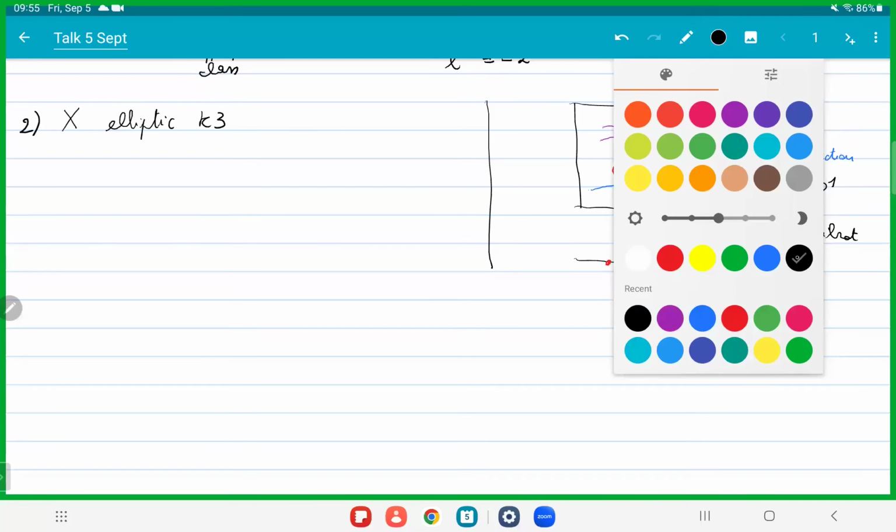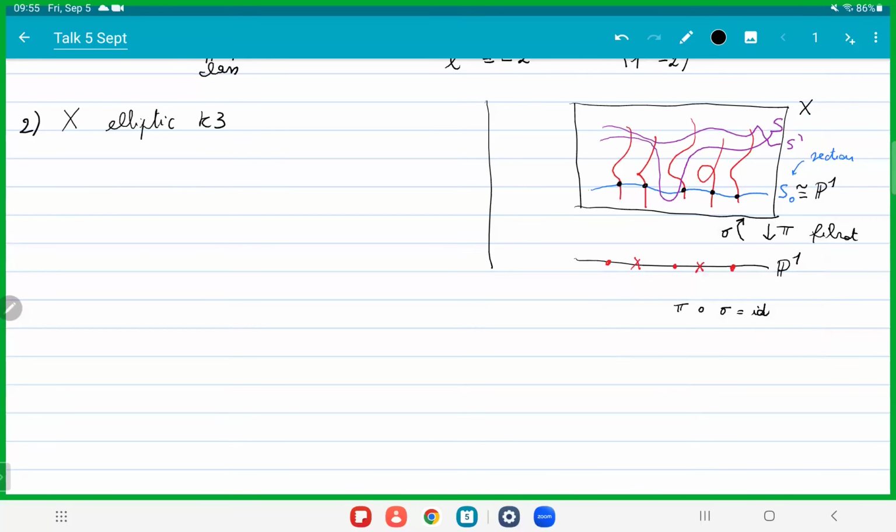We can do operations between these two sections because on each smooth fiber, we have 2 points. Let's say on this fiber here, F, we have an origin, 0, and we have 2 points, let's say P1 and P2. And every elliptic curve has a group law, so P1 plus P2 is going to be a certain other point. Let's say this one, P3, which is P1 plus P2. So on each smooth fiber, we can do the sum of the intersection points of two sections.